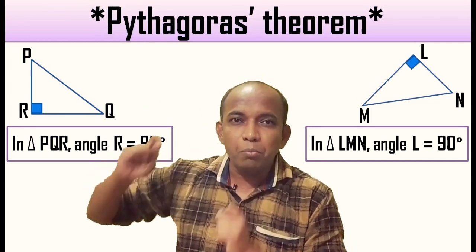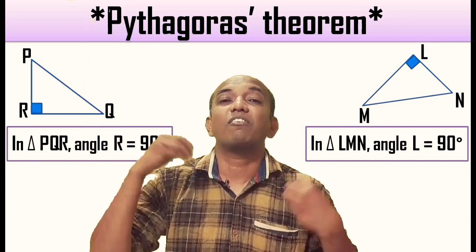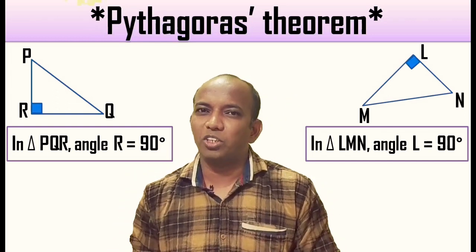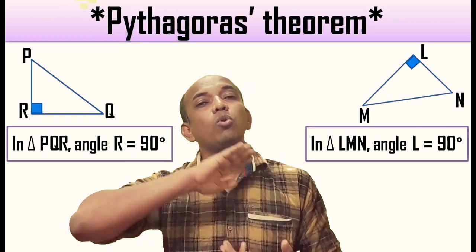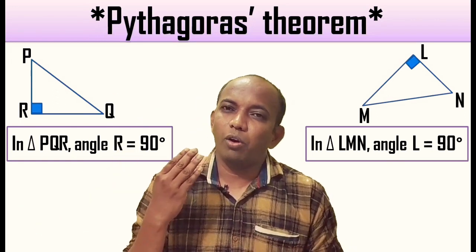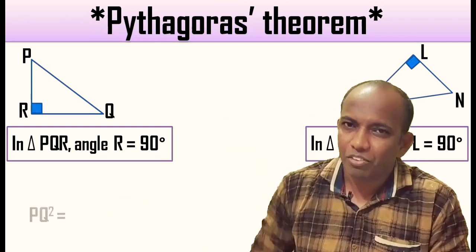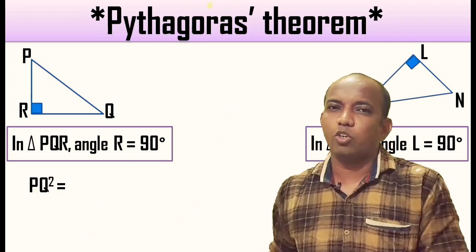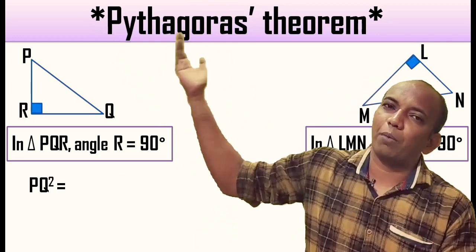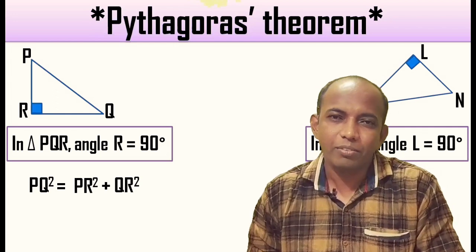How to locate it? Remove the letter R from the name of triangle PQR. What are we left with? We are left with PQ. So PQ is the hypotenuse, and then according to Pythagoras theorem we can proceed ahead with the formula. The formula always begins with the hypotenuse, so we will write PQ square first, right? PQ square is equal to the sum of squares of the remaining sides, that is PR square, that is S1 square, and QR square, that is S2 square, right?